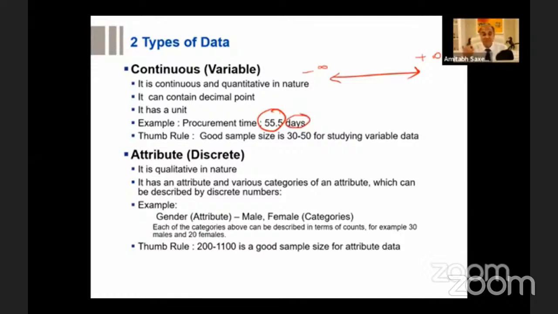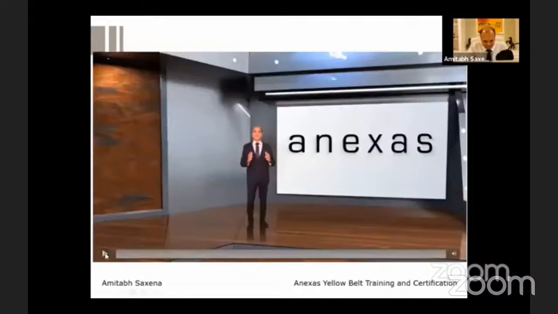Now, the attribute data is the data which we feel cannot be measured, like feelings, happiness. These are some of the data which we feel we cannot measure. So a trick to measure such type of data, I will give it to you. First, you create a category. Every attribute data can be categorized. Now, if you're confused about the category, I will give you a trick also. Whenever you want to measure any attribute, like for example, happiness,